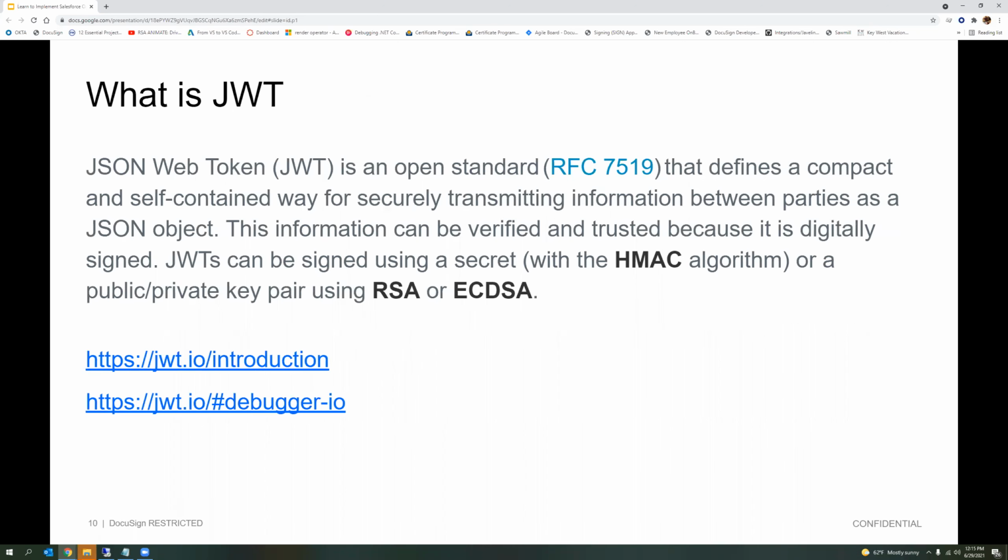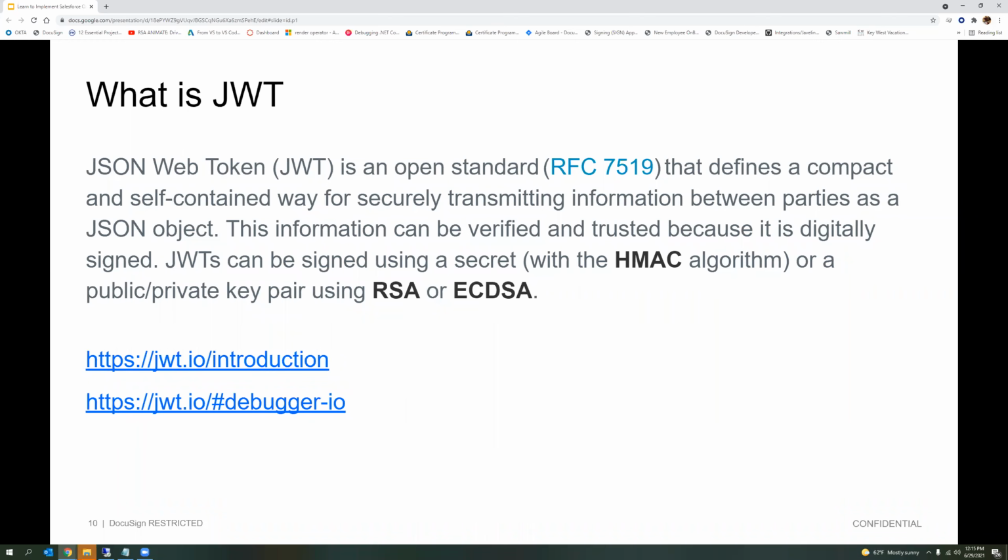So I just wanted to touch upon what JWT is. All of us are pretty familiar with OAuth 2.0, the latest standard or the best standard out there, arguably, to do authentication. JWT is another way. It's a very self-contained way for securing information between parties as a JSON object. Earlier, it was SAML, which had a big XML payload.